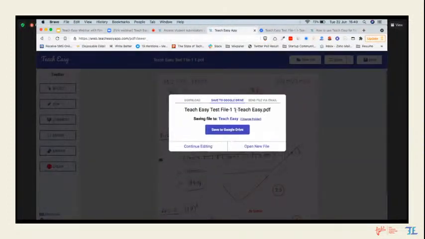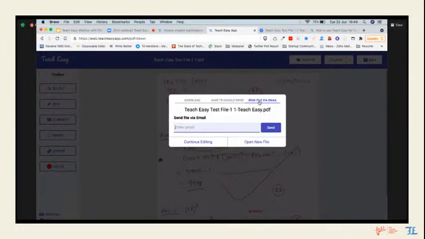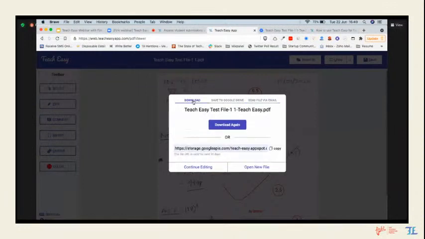There is even an option to save to your Google Drive. So if you, let's say, don't want to put all the files on your computer, there is a way to save the file on your Google Drive. Or if you have email IDs of your students, you can send them this checked file through Ttz in one click. Just enter their email ID and click on send, and the file will be sent to your students directly.